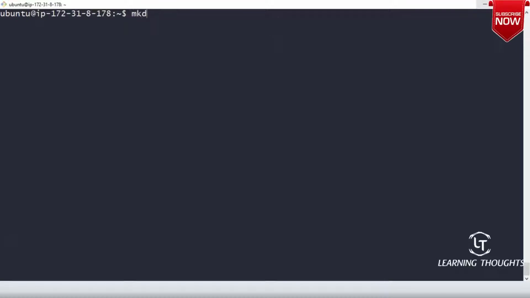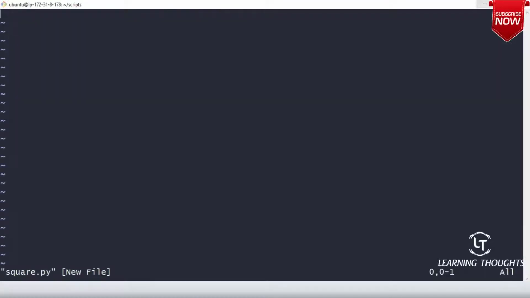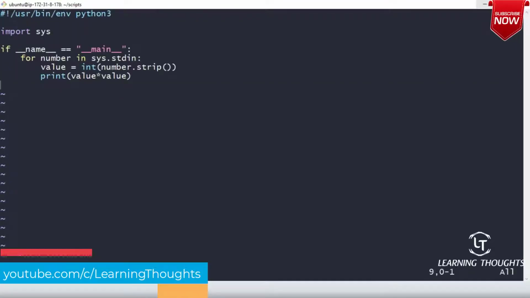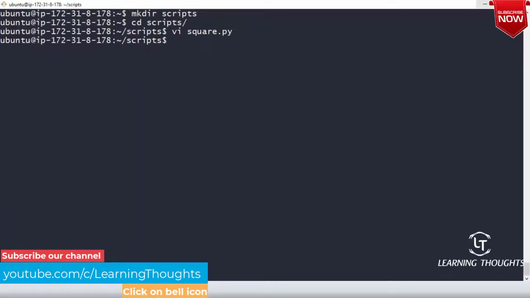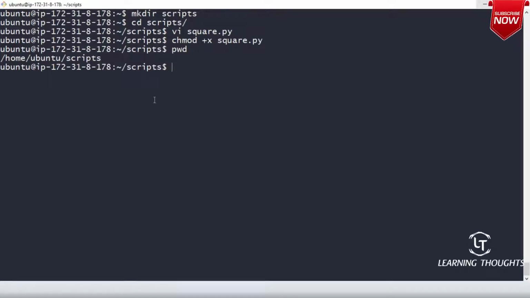Let me create a directory called scripts, get into the scripts folder and create vi square.py, and insert all of this. After this, I will add execute permissions for square.py. Then if you look into the present working directory, are you seeing /home/ubuntu/scripts?